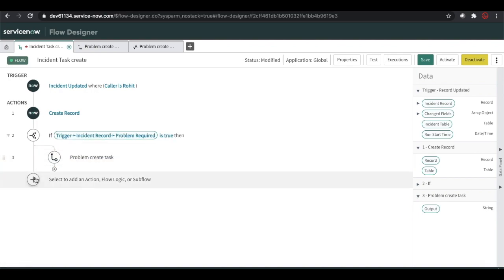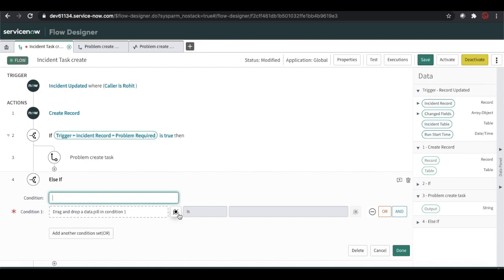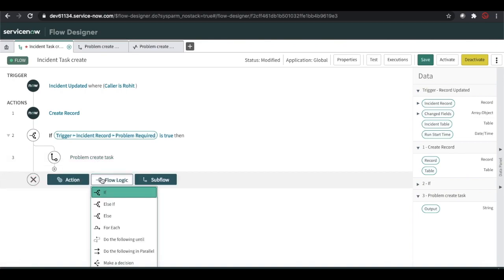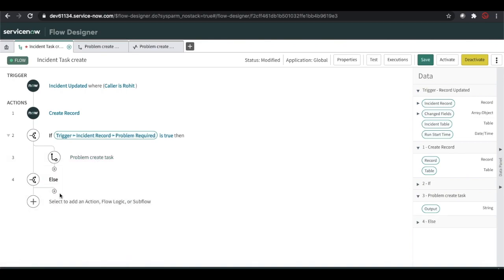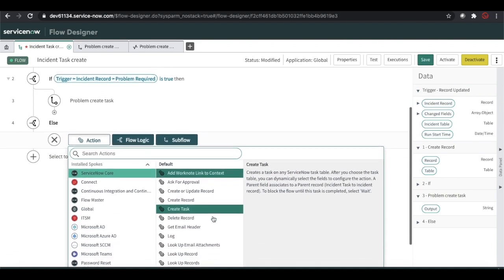Else, we can put the flow logic. Else we can put an else, so I'm just putting the else for the timing. In the else we are doing nothing, we'll just update that incident maybe.